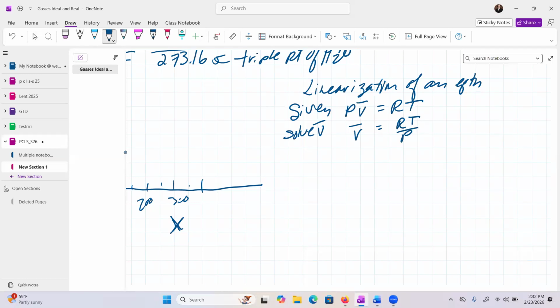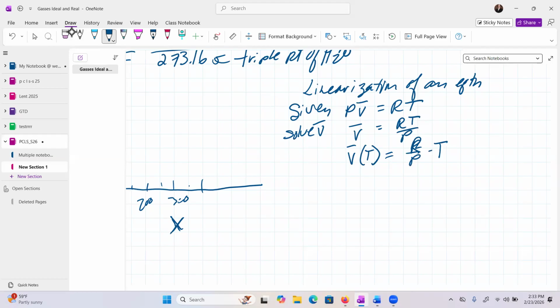All right, so what I've done is I've written PV bar equals RT, and I just solved for V while I was chatting here. Now, would you be okay if I said that the volume is a function of temperature? That doesn't change the equation really, but it does emphasize a meaning. So what this says is V bar of T equals, and now T becomes the variable. That means R over P times T.